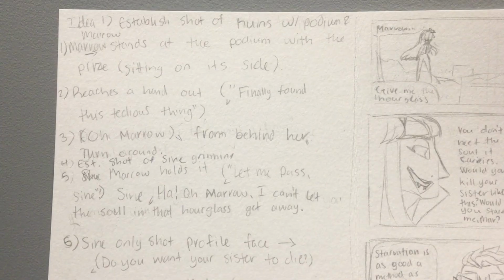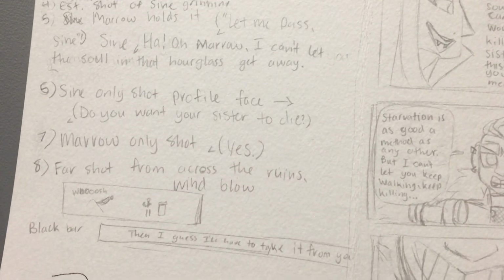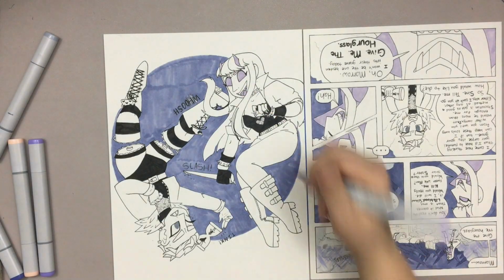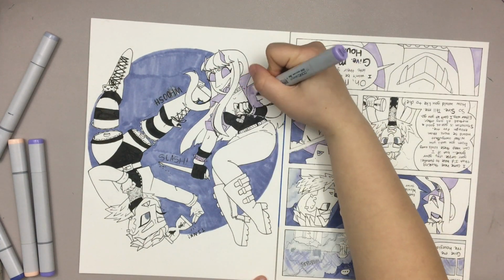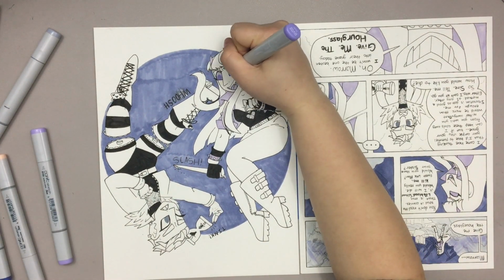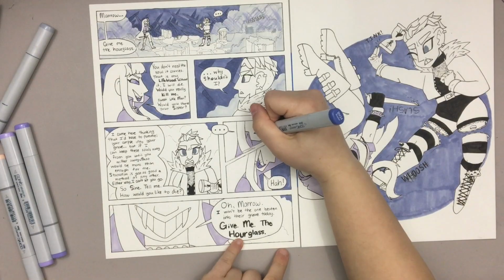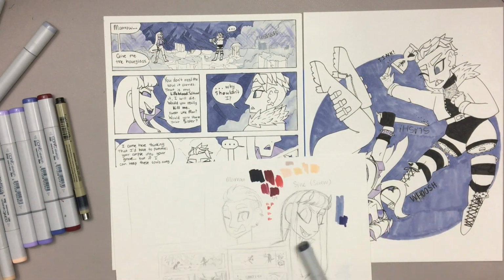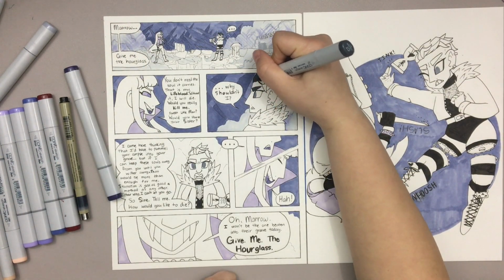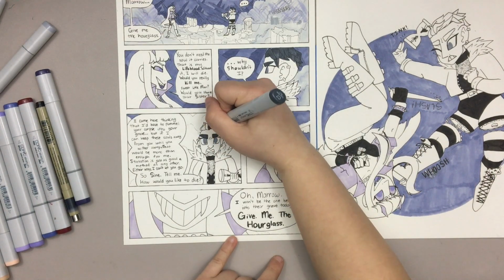In the meantime, I made myself a list of written out shots that I wanted to have before I actually went into sketching. This list includes the first panel, an establishing shot of the ruins with the podium and Marrow. This shot kind of got blended down into the next few, which is Marrow stands at the podium with the prize,